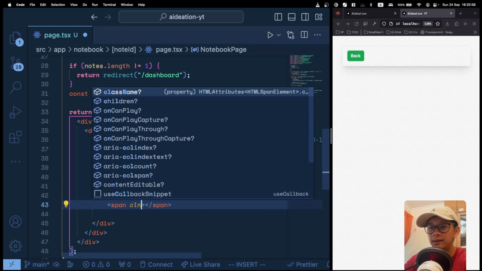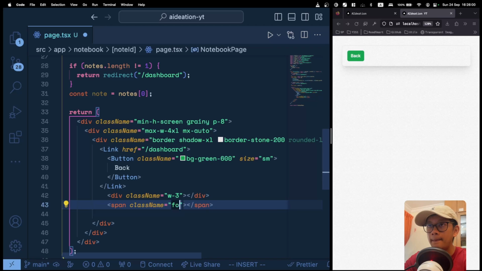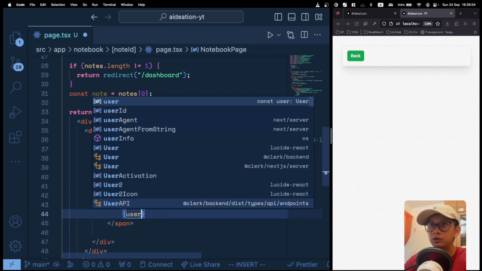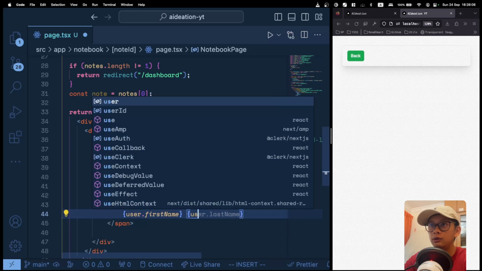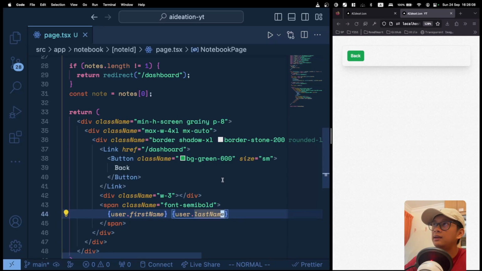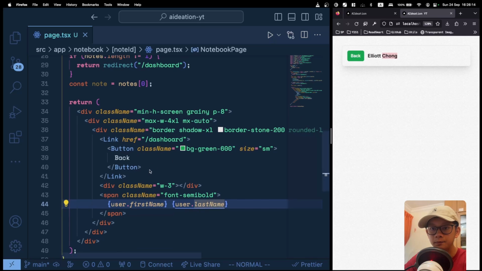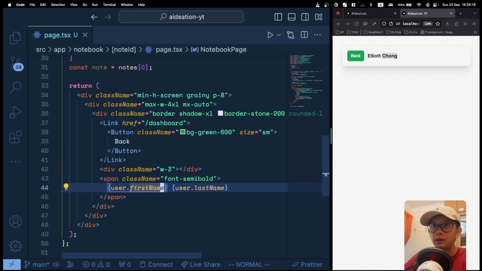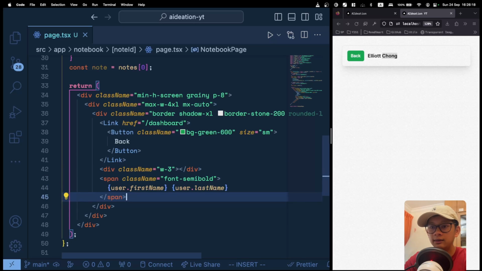This span will have a class name of font-semibold, and inside this span we'll have user.firstName and then user.lastName. If we save it here, we can see that my name shows up, so it's my first name combined with my last name. Okay, that's good. Lastly, for the part underneath here, let us have a